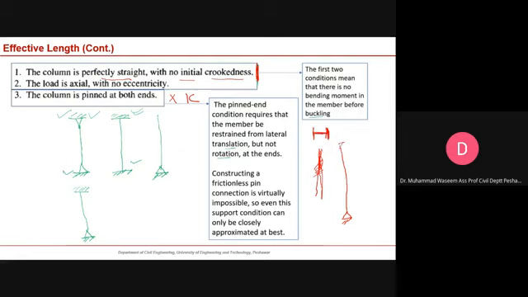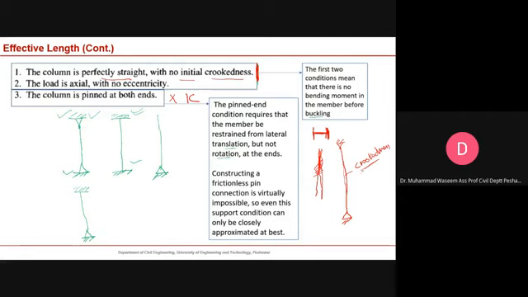ये मेंबर बिल्कुल स्ट्रेट है कि नहीं है? यस नहीं सर। इस चीज को क्या कहते हैं? क्रोकेडनेस। और ये कैसे इंट्रोड्यूस होती है? जब मेंबर आप कास्ट करके फैक्ट्री से आते हैं तो वो बिल्कुल स्ट्रेट नहीं होते, उनमें ये इनिशियल क्रोकेडनेस होती है।